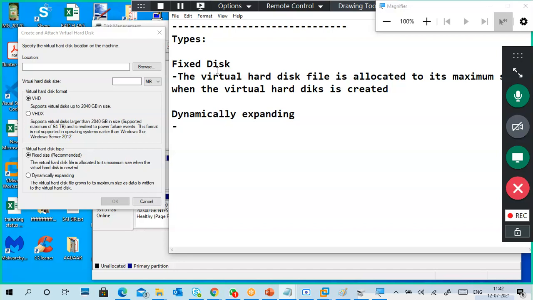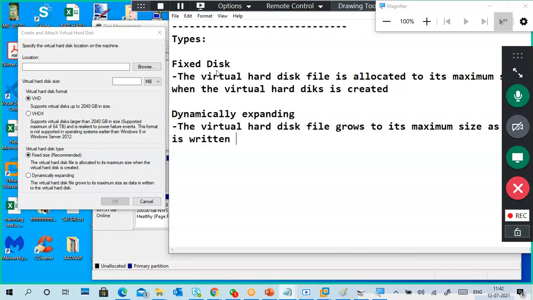Next, dynamically expanding: the virtual hard disk file grows to its maximum size as data is written to the virtual hard disk.